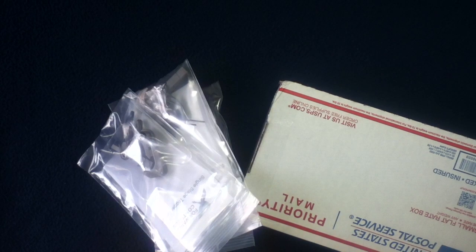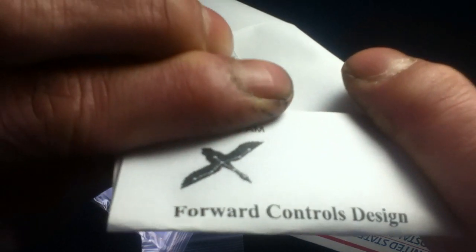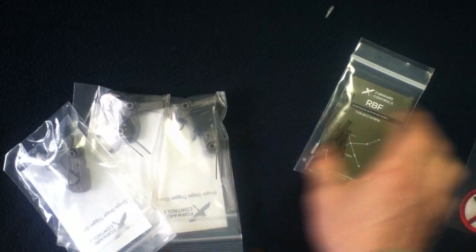Some paperwork. So there's the Cygnus logo, Forward Controls Design. Alright, so might as well go ahead and open this. So this should be